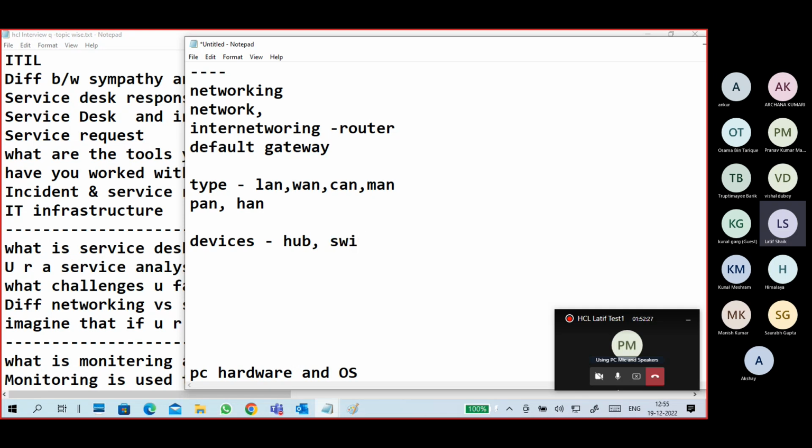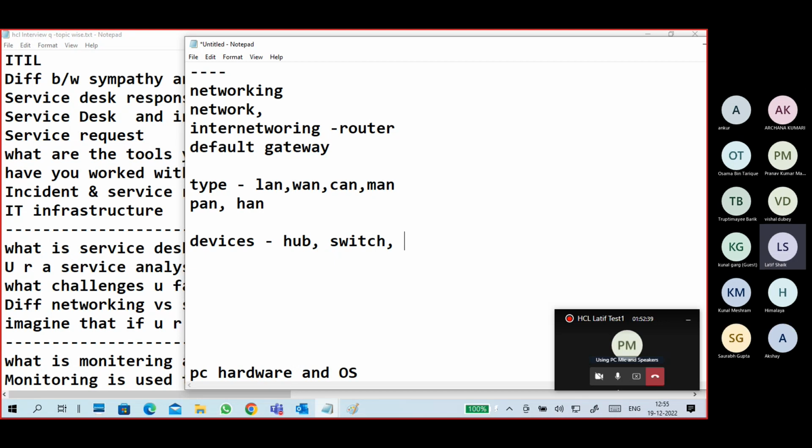What is switch? Switch also works in a LAN communication, a layer 2 device. Switch understands MAC address. Switch also broadcasts packets to every device initially, but once it has created a MAC address table, it unicasts the packets.